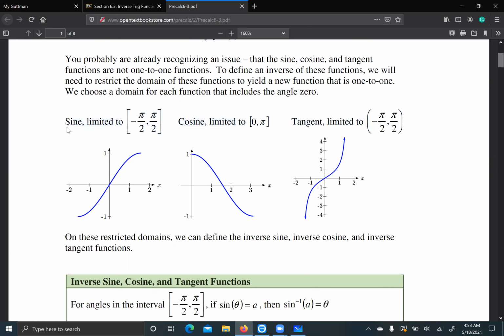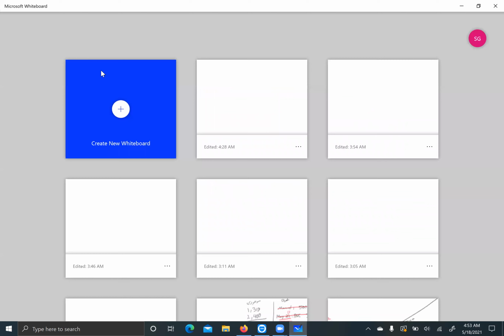We restrict the domain in a way that it contains the angle 0. So for example, for the sine function, we limit the domain to negative pi over 2 to pi over 2. I'm going to draw them one by one. So for sine,